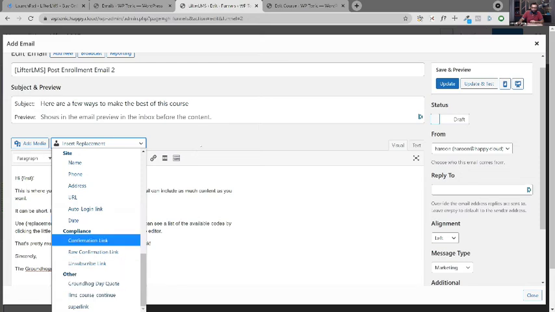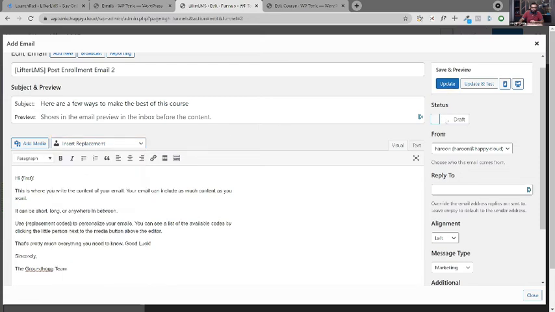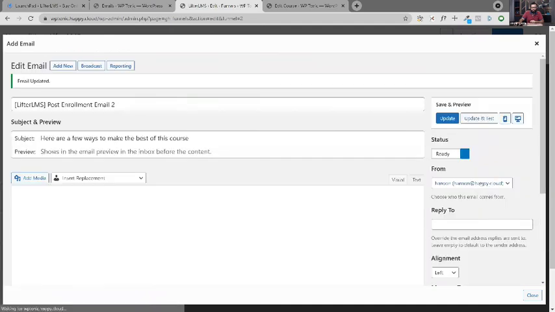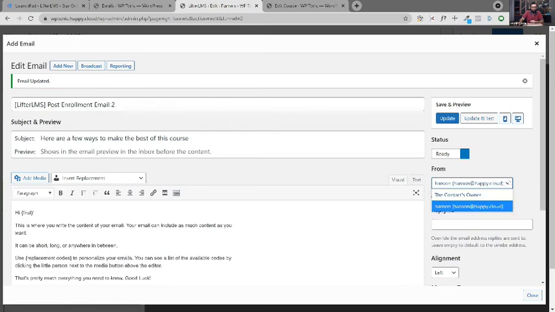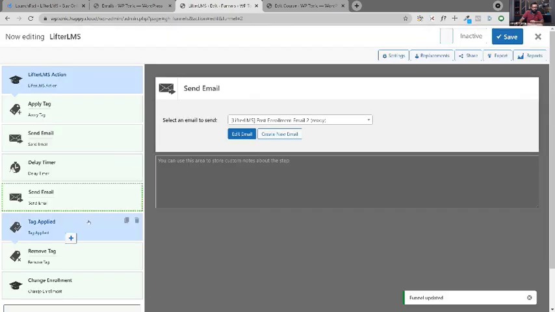So yeah, for now, I think this should do. We set the status to ready, we update it, we make sure that the from address is correct. That's a key part to always make sure of when you're doing it on any live site. Close it, and